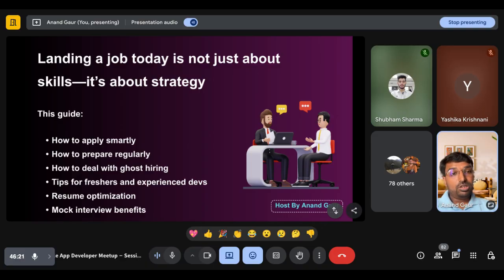Keep applying across domains. Don't apply only to your preferred cities or locations. Apply pan India to increase your interview chances. For example, even if you are in Delhi and a company in Pune calls you for the